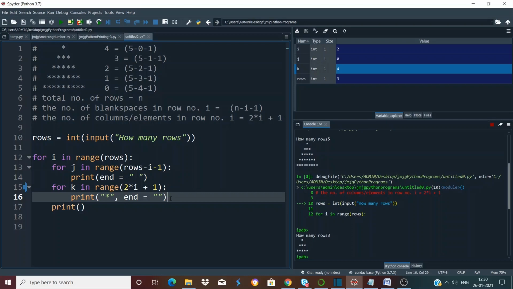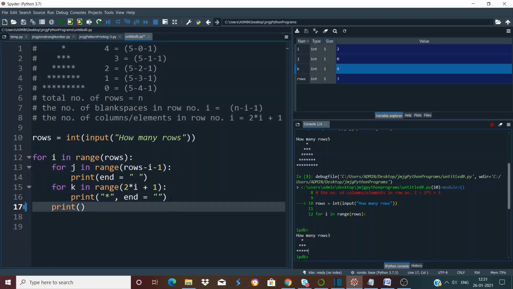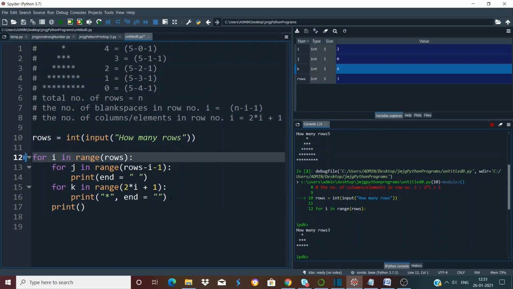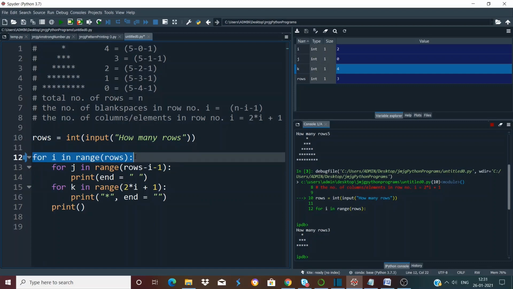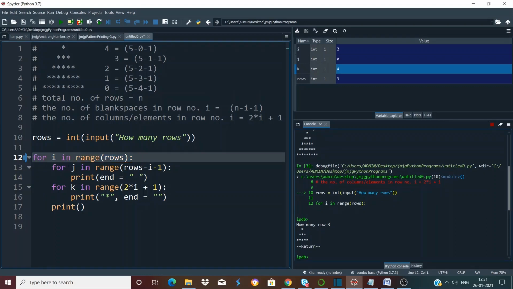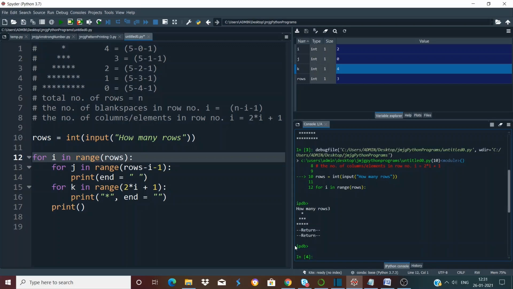Now we will move from line number 15 to line number 17, and it will again print a new line, right? So now when it goes to line number 12, as we have exhausted all the iterations of the outer loop, it will no longer enter this loop. So if we again press Ctrl+F10, you can see the return statement getting printed here, which indicates our code execution has completed. If we again press Ctrl+F10, our debugging session ends as well.